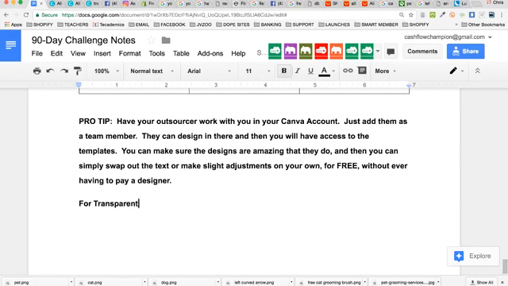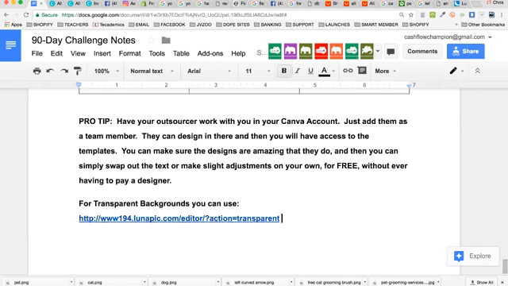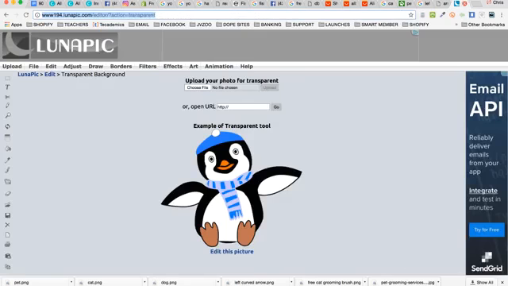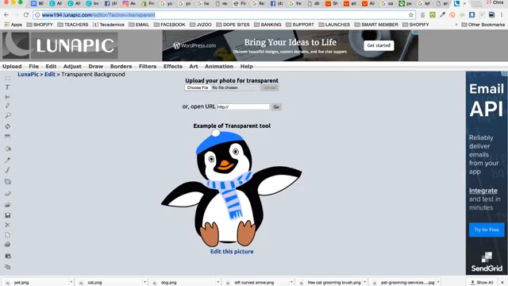For transparent backgrounds, you can use LunaPick. Or do a Google search to find many more. Or pay someone on Fiverr $5 to help with anything you need. But yeah, LunaPick right here. You could go in here to